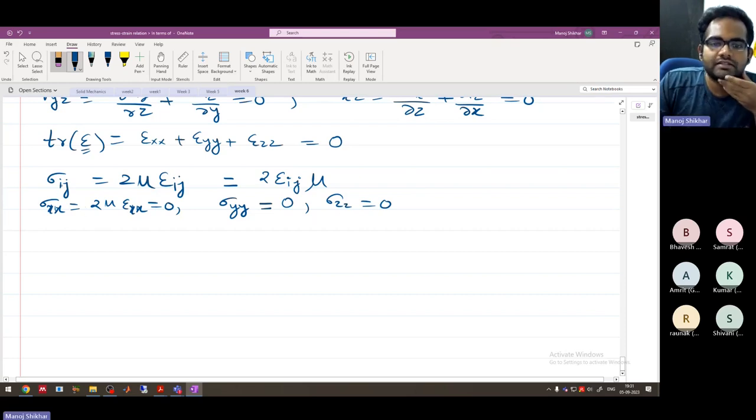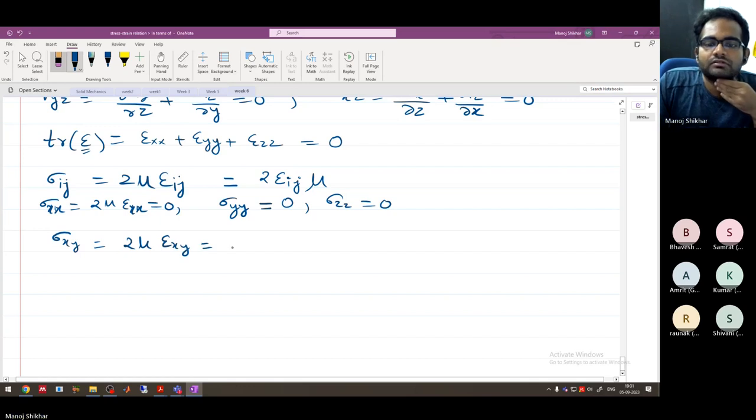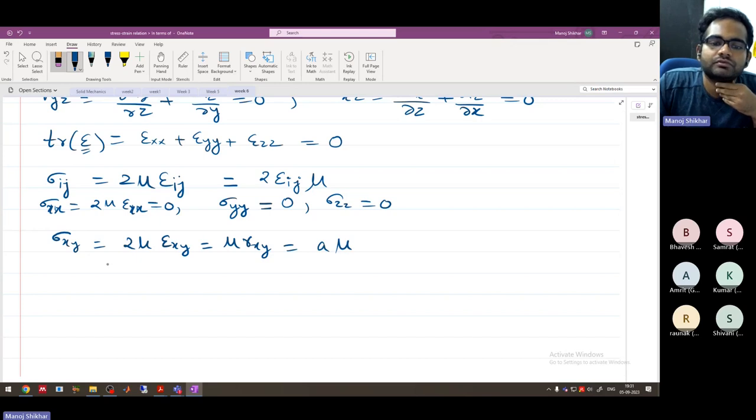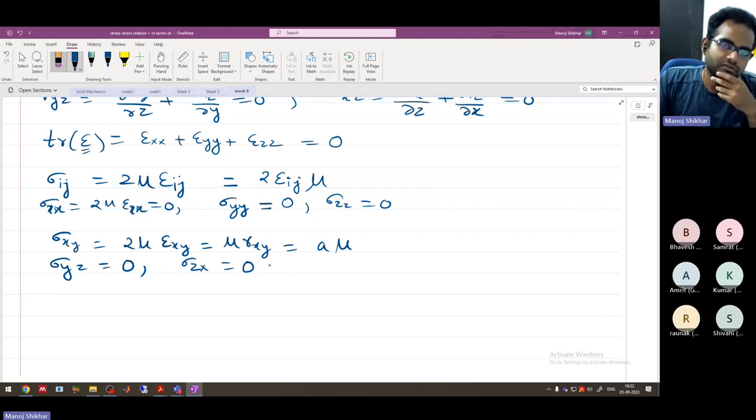Now if I is x and j is y, then sigma xy will be what? 2 mu epsilon xy. So this is basically 2 into gamma xy. So this is a times mu. Sigma yz is 0 because epsilon yz is 0. Sigma zx is 0 because gamma xz is 0. So the only non-zero component is,